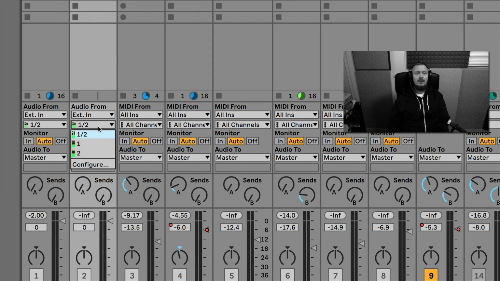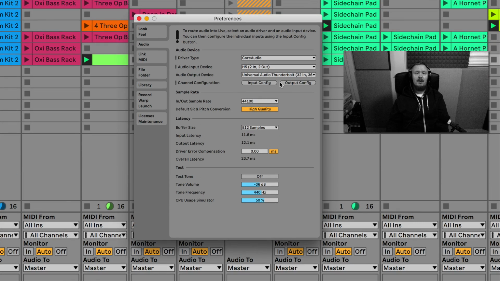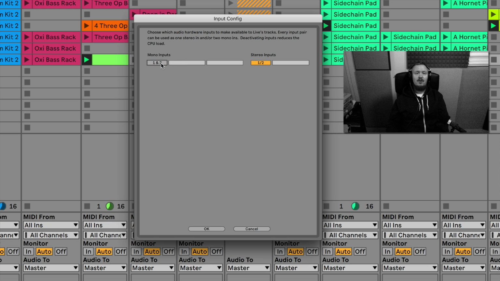Here I could choose what track I would be recording from. Let's say if you have an audio interface with several inputs, here you would choose what input you would be using. Well, my mic is a stereo mic, so it has a stereo input, and you could record from left or right, but stereo would be good. And if you need to enable some more inputs to your sound card, if you're not seeing them here, you just click configure and you go to input config,